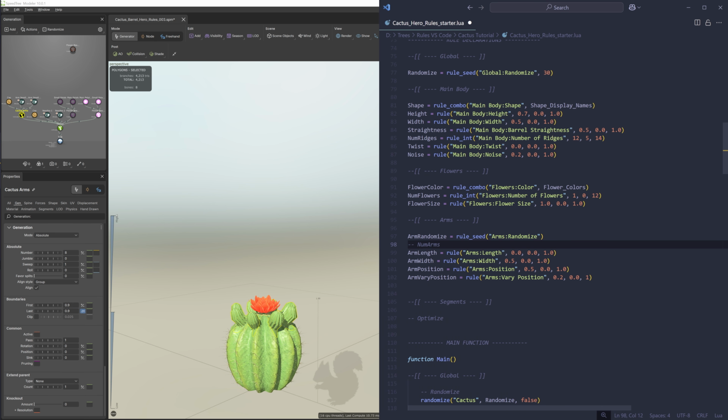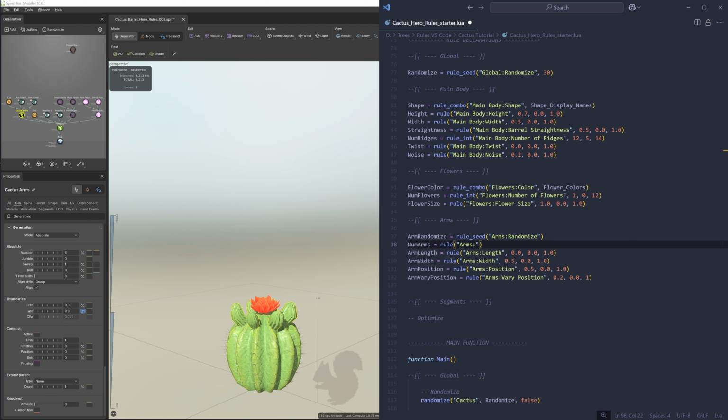Now I'll go back to write the rule for the number of arms. You might be wondering why I skipped this earlier. Why is that? Well, we'd probably write this with rule int normally, right? But because the rule to vary the arms' positions can push the arms outside of the boundaries of the cactus, the number of arms might not always correspond to the integer displayed by a rule int thumb wheel.